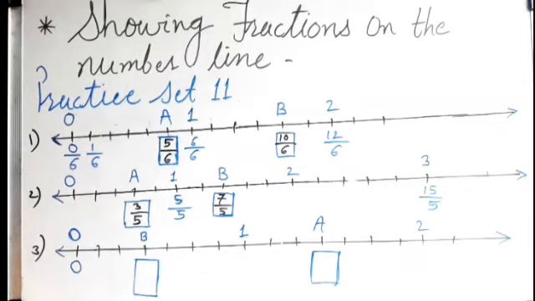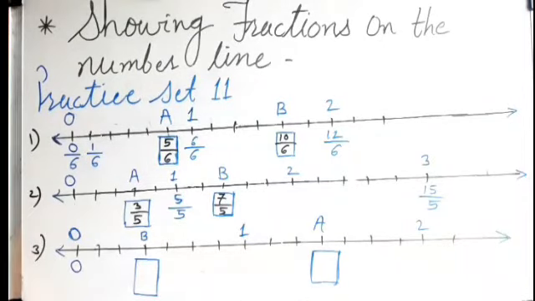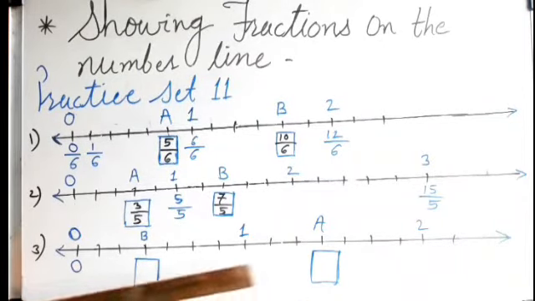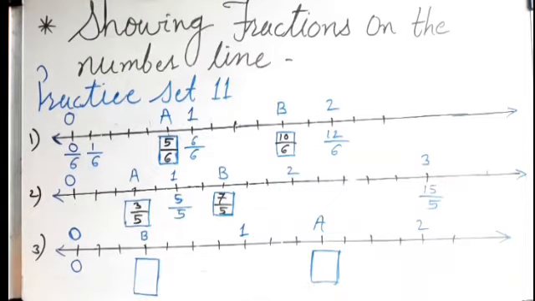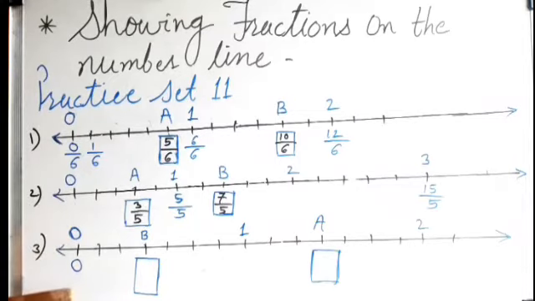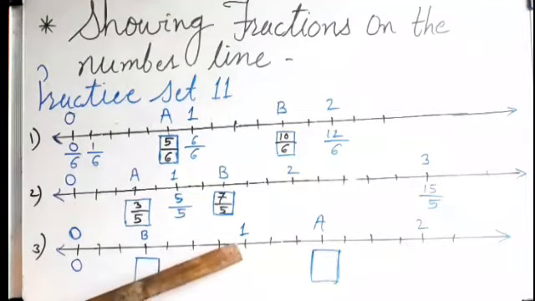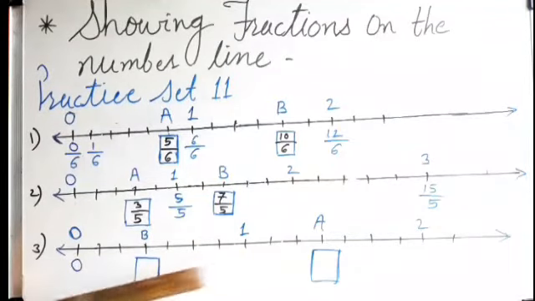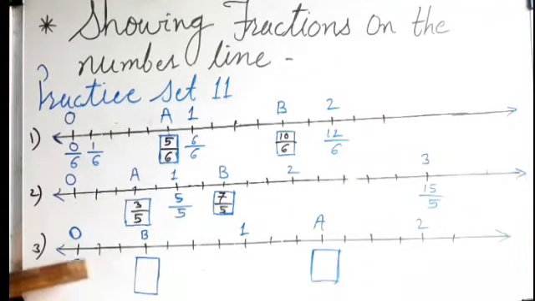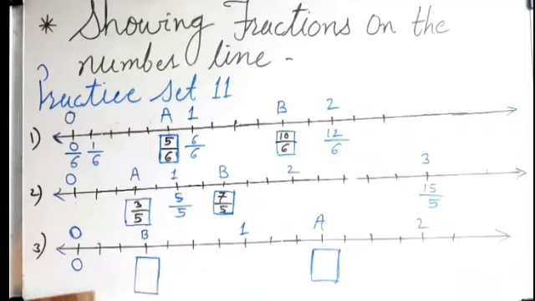Now next, in the next number line, they have not shown any fractions on this. Now we have to decide this number line has been divided into how many equal units. So how to decide that? Now I had told you from 0 to 1 this unit must be divided into equal parts, how many equal parts? That will be the denominator here. But now here they have not shown any fraction. So what do you have to do?